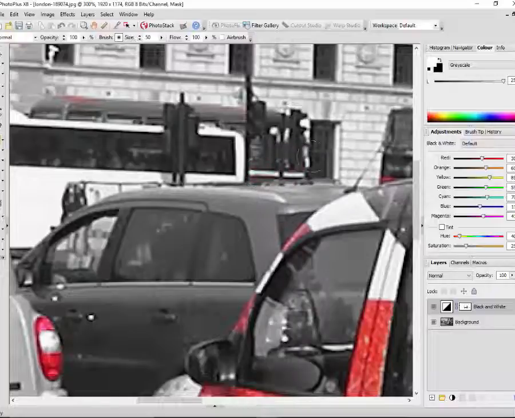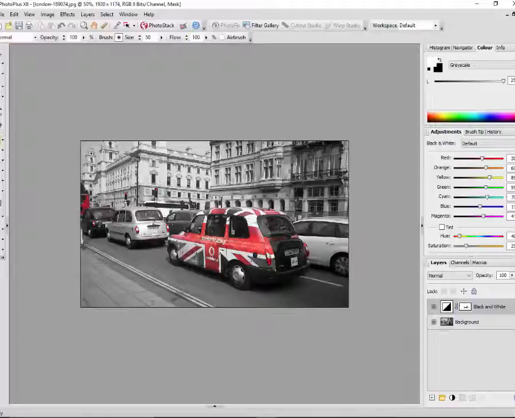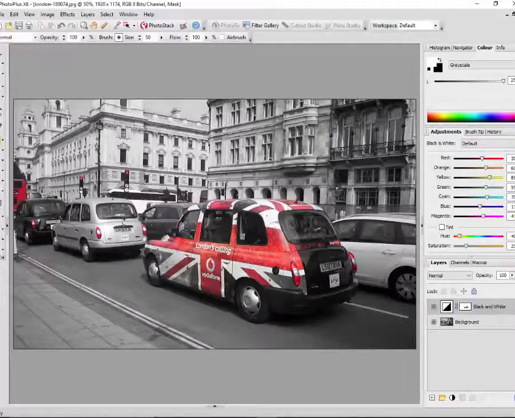Take out that distracting bit of red and zoom out. And I mean, I will leave that red bus there, and I will leave the red of the tail lights of these other cars and the traffic lights. And that is basically the sort of finish of that